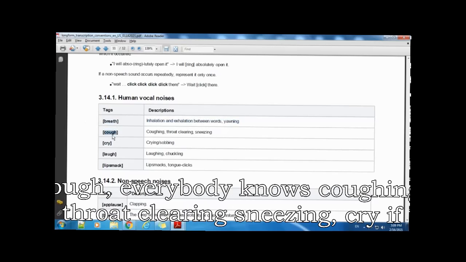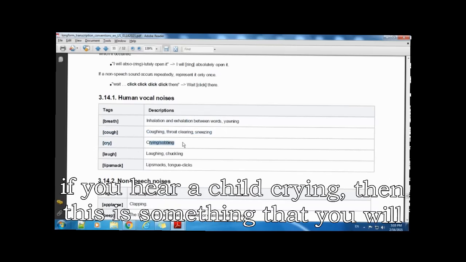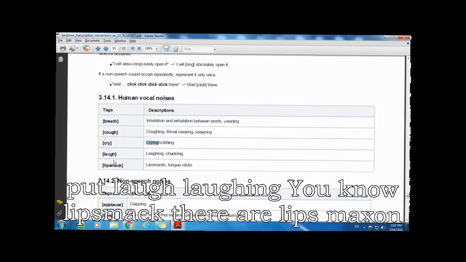Then of course cough, throat clearing, sneezing. Cry, if somebody is crying or sobbing, like if it is a pediatrician and you hear a child crying, then you put this. Laugh.